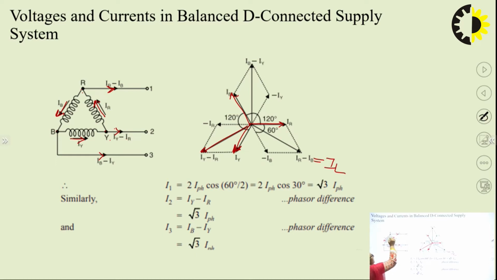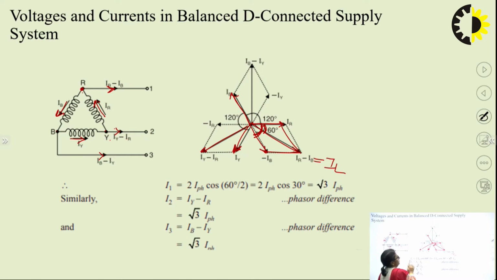if you apply your KCL over here, IR minus IB. So I have to go for minus of IB. IB is here, minus of IB is downwards. The algebraic sum of these two is going to give me IR minus IB, right? Once again, the angle between the two is 60, so this angle is going to be 30. Applying my parallelogram law over here,